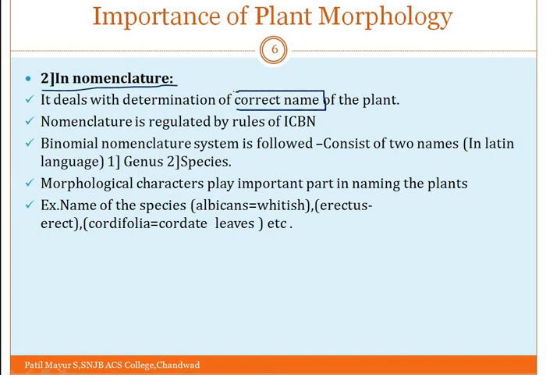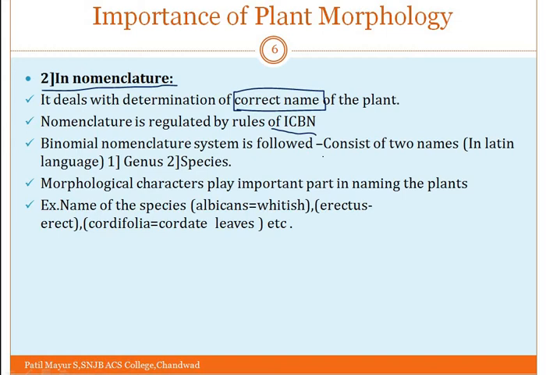That name should not change as the geographical area changes. It must always be the same. Even if we go to America or Africa, the name should not change. To serve this purpose, the scientists have established the binomial nomenclature system, and this nomenclature system is governed by the rule of